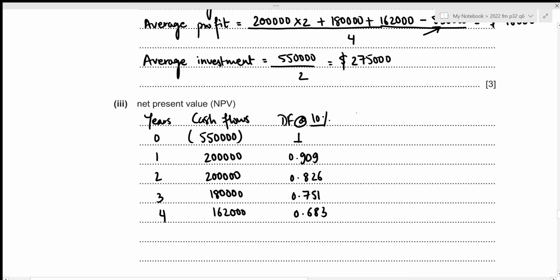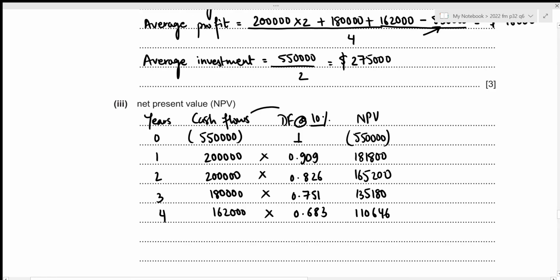Now we need to figure out the net present value. And the net present value is just the product of cash flows and our discounting factors. So for year 0, that is just going to be 550,000 times 1, which again results in 550,000. For year 1, that's going to be 200,000 times 0.909, which results in 181,800. For year 2, that's 200,000 times 0.826, which results in 165,200. For year 3, that's 180,000 times 0.751, which results in 135,180. And for year 4, that will be 162,000 times 0.683, which results in